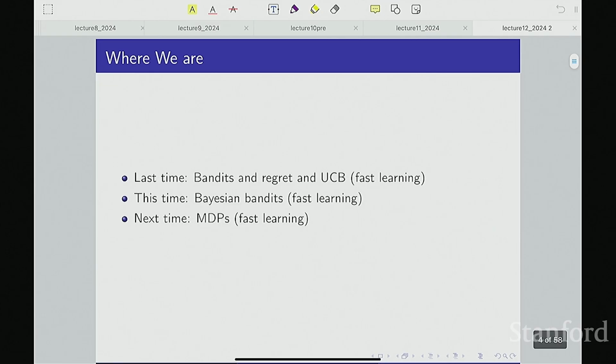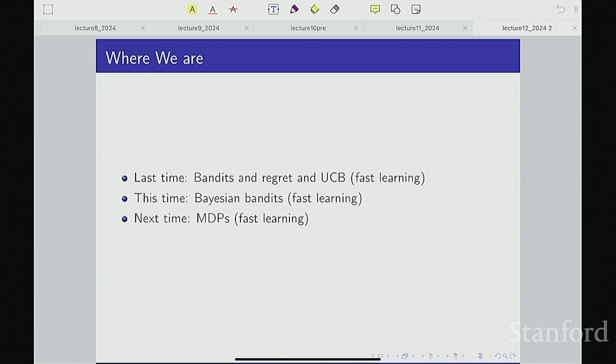Okay, so last time we talked about bandits, which were this single state version of Markov decision processes. Your actions didn't make any difference to the next state because you're always in a single state. We talked about how people often use the word arms as an equivalent for actions. But there we were trying to be really explicit about uncertainty over the rewards. And we talked about an algorithm, upper confidence bounds, for trying to be optimistic with respect to that uncertainty.